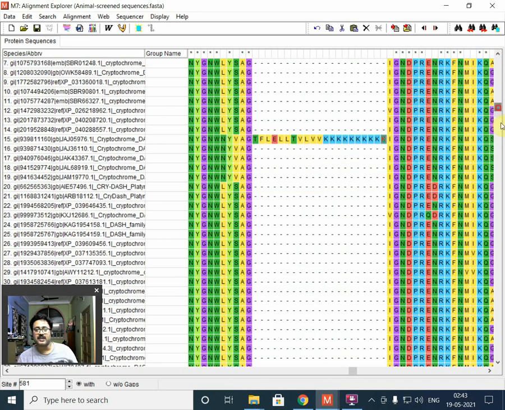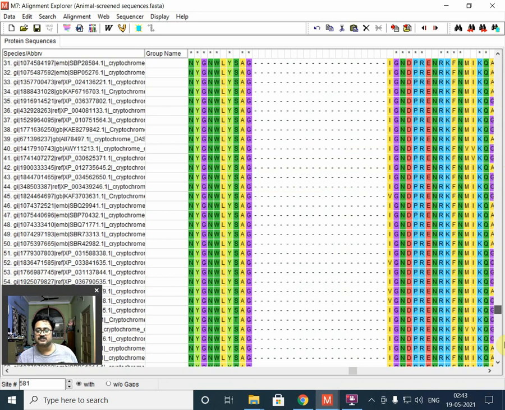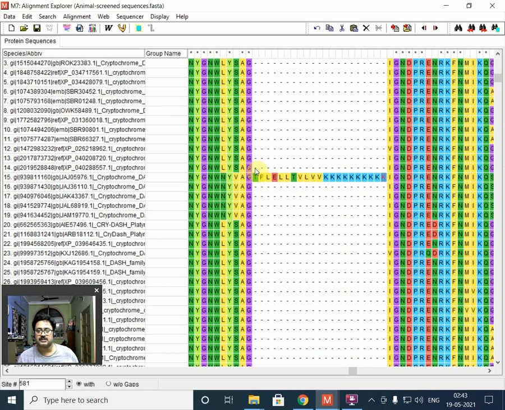Now the reason I prefer to remove this is that if I keep this species, then just because of this one species, all the rest of the 68 species will be ruined, their alignment will be ruined. So when you face such a problem, where only one species is creating the nuisance, it is recommended that you don't just remove it, but go back to NCBI from where you downloaded, and see why it is so much different from the others. That is the total size, from where it was collected, all of these things.